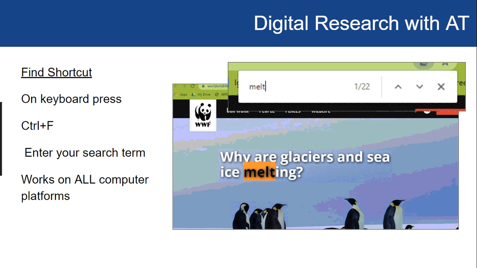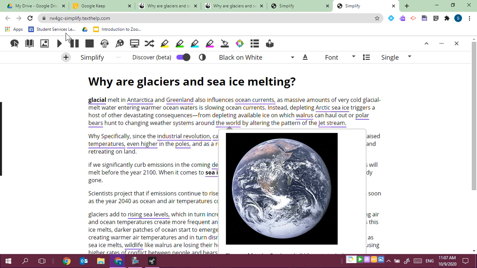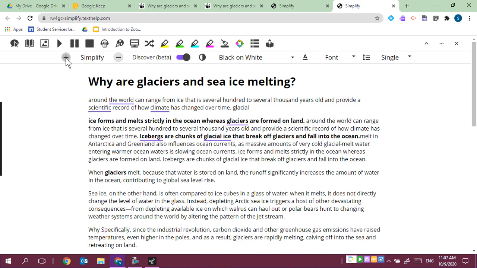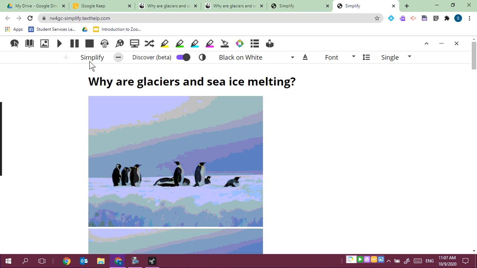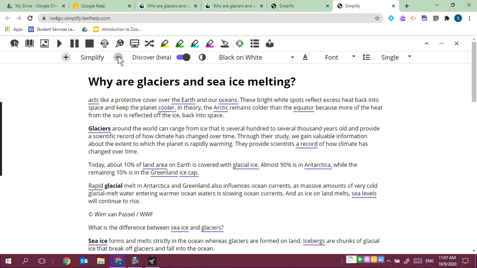So what we're going to do is go back over here, and I'm going to bring this back up to its highest amount, maybe without the pictures. On my keyboard, I'm going to press and hold Control, hold that down and press F. It brings up this pop-up for me. I can type in a word that I'm looking for, and then I'm just going to hit Enter. You can see that it is going to highlight for me all the instances of melt that it finds in this article. There are 21 instances, so chances are this is a good article for me to use. But I can also use these buttons to go down and take a look at them,